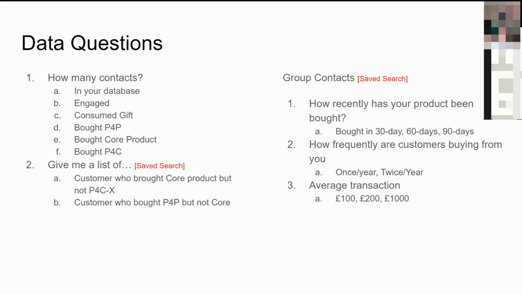Average transaction size, again, you could easily just sort your customers by an average transaction size to give you a clue as to what's the value of the transaction that goes in. You'd have to analyze all your transactions and say, well, my average transaction is X. So if anybody hasn't spent X with me, they're underperforming. And anybody that spends more than that is overperforming. So when there's a transaction that comes through, how do I make people upsell? Do I have an upsell on all my products? No.